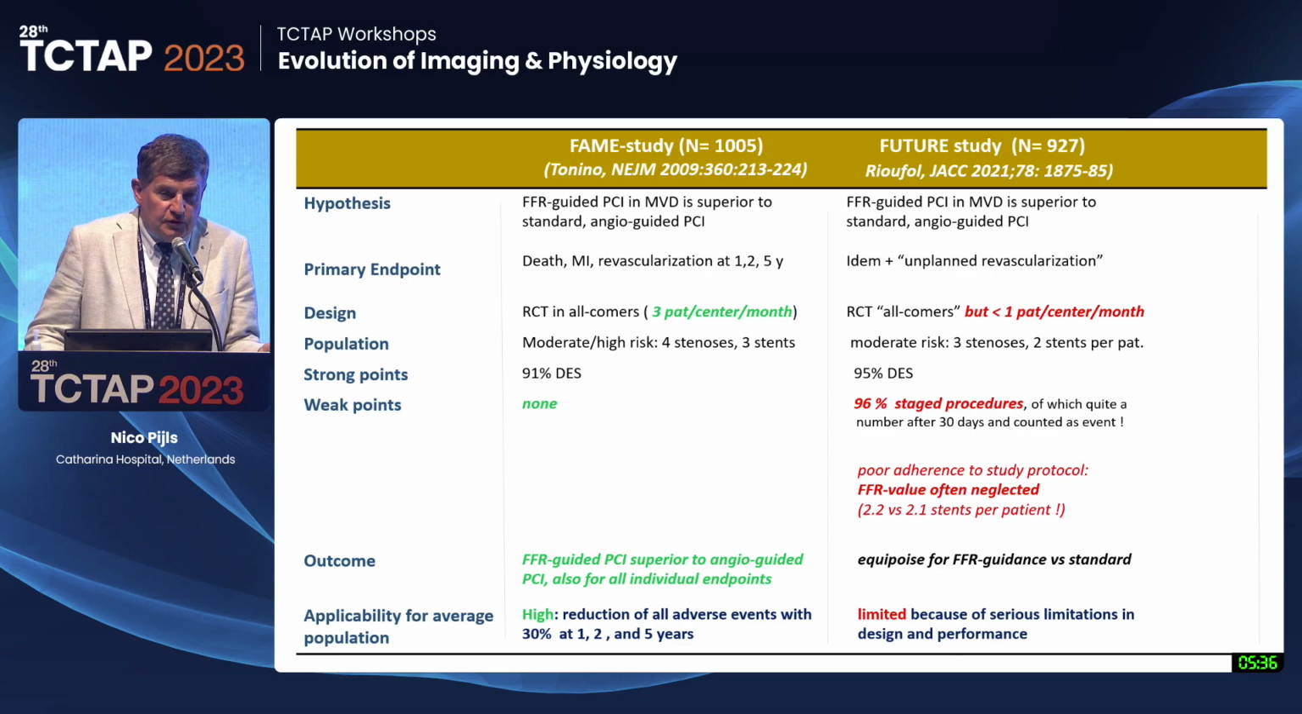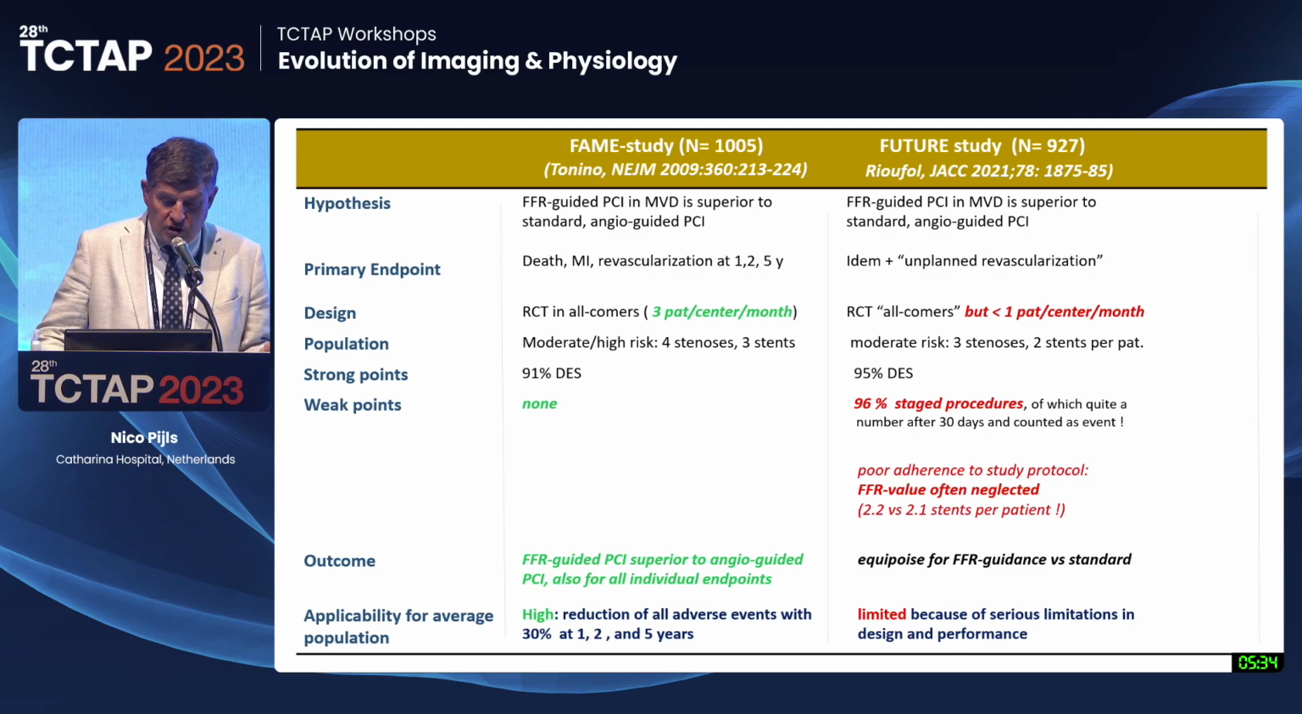So what was the difference made by the FFR? It can only mean that FFR must often have been neglected. So in the future study, the poor guys who were randomized to FFR guidance not only had an extra invasive exam, but in addition, the information from that extra exam was not used properly. So it is not surprising that I found equipoise for FFR guidance versus standard guidance, and that is completely different